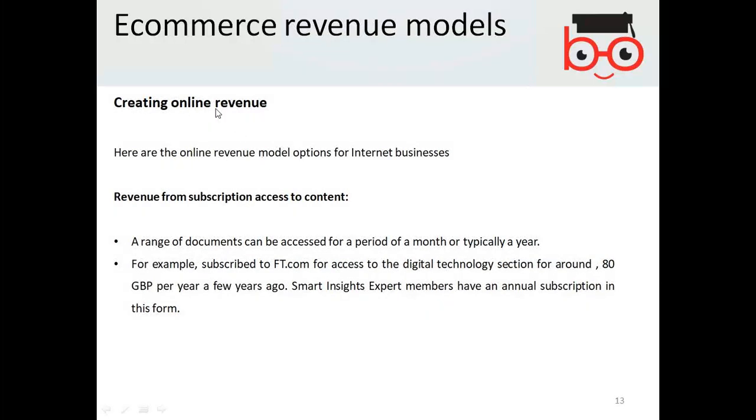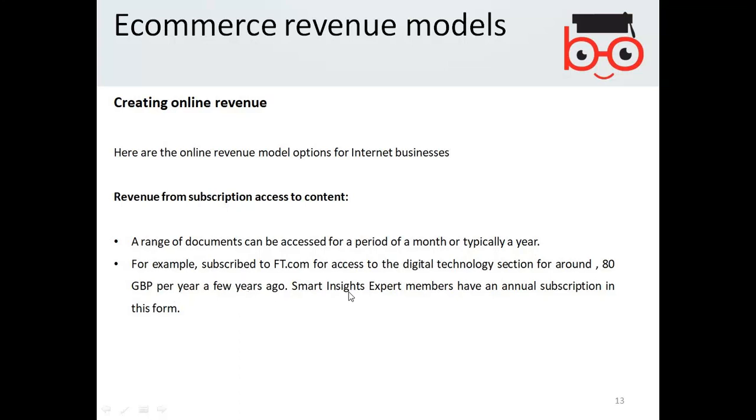Creating online revenue. Now, for an internet business, revenue from subscription access to content. A range of documents can be accessed for a period of a month or typically a year. For example, subscribing to FT.com for access to the digital technology section for around 80 GBP per year a few years ago.